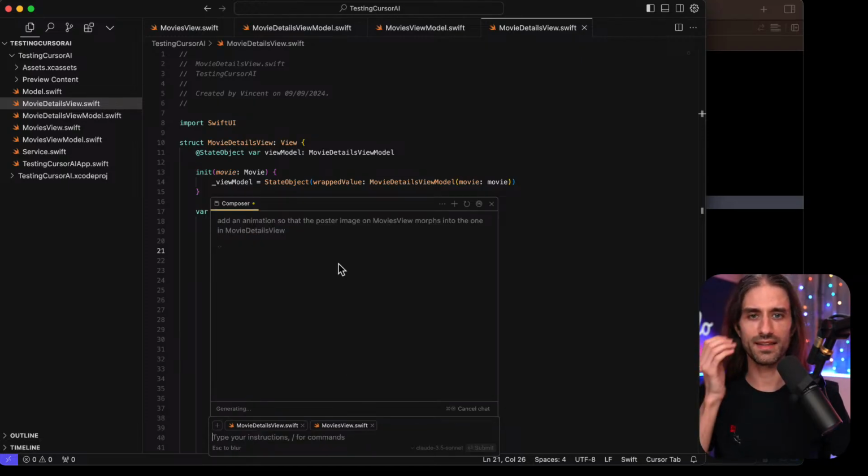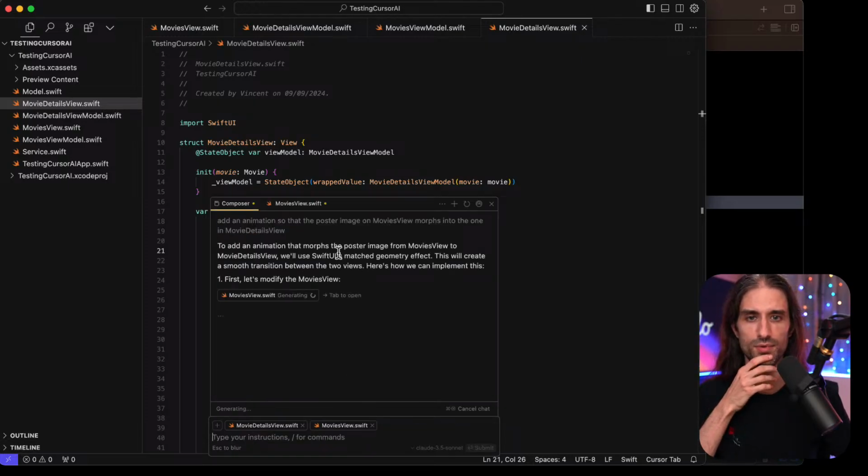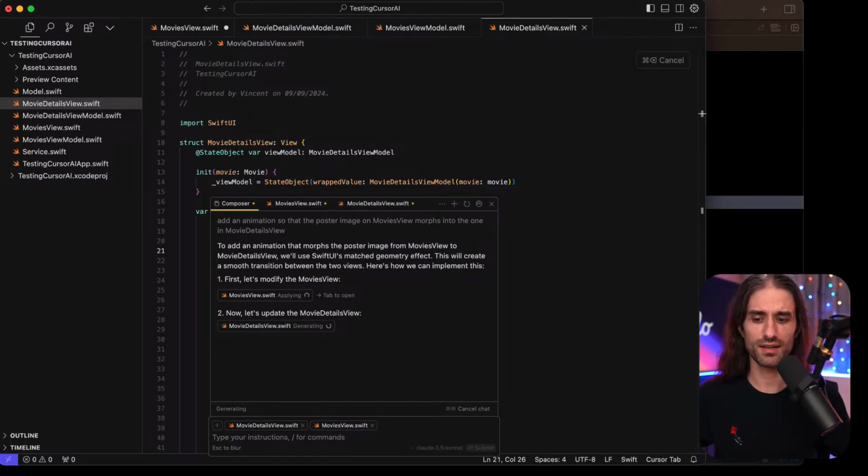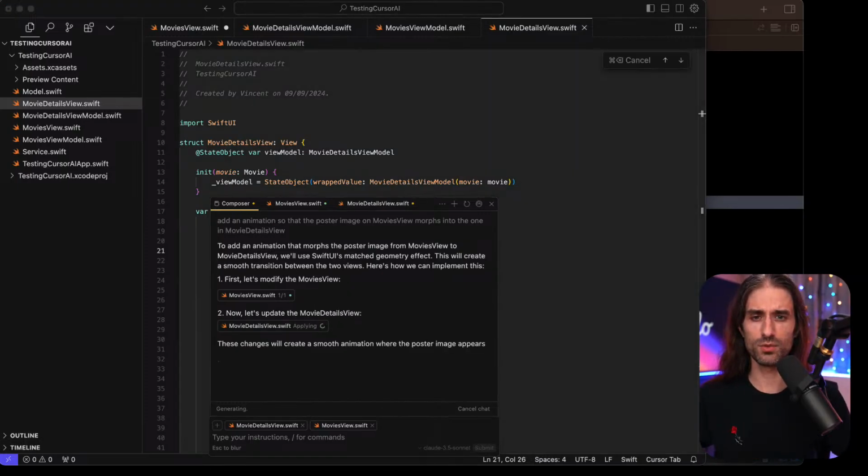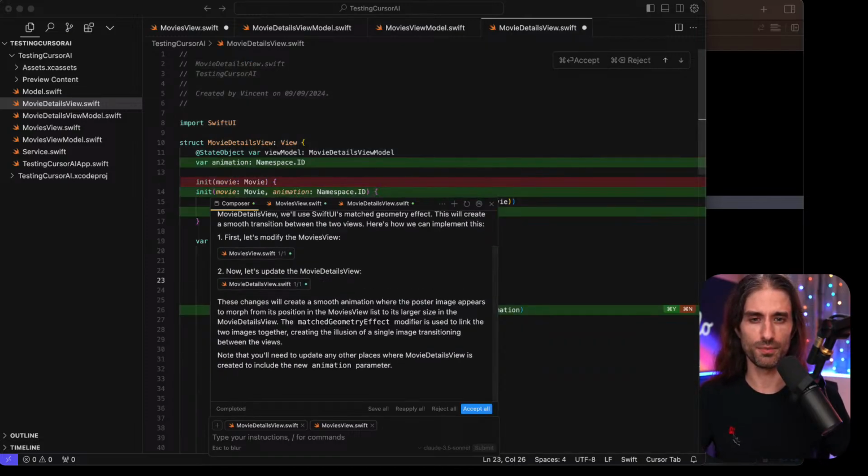Let's see how it can handle that. If it can handle that, it's gonna be impressive. Because it's the kind of stuff that is not that hard to do, but writing the code is a bit of a pain. Let's be honest on that one. So let's see if it can manage it.